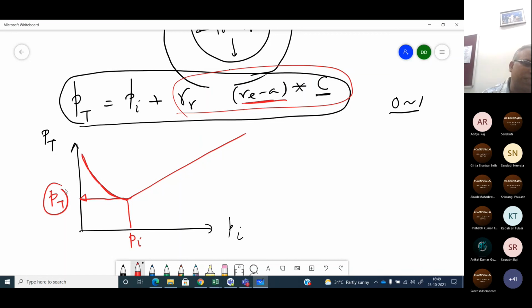We do not like to put too much support, which is unnecessarily expensive. We also do not want too little support, where there will be a chance of collapse. So we want to get to a place where we are comfortable with the support system, as well as monetarily it is okay. That's why we normally do this type of analysis, and you can see how the Mohr-Coulomb criterion helps us in doing this analysis.